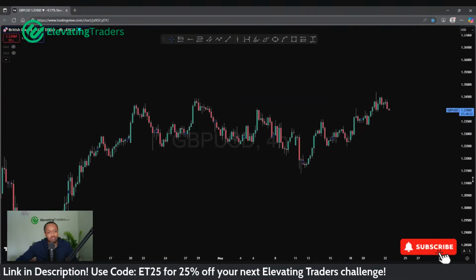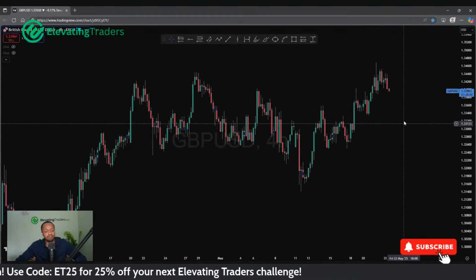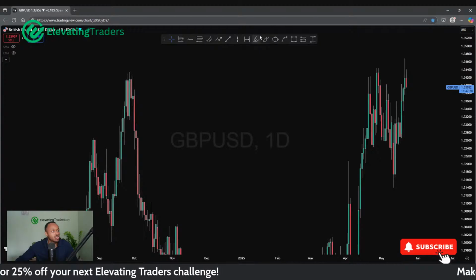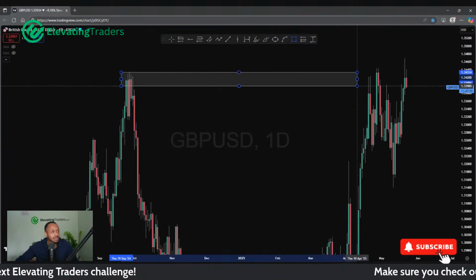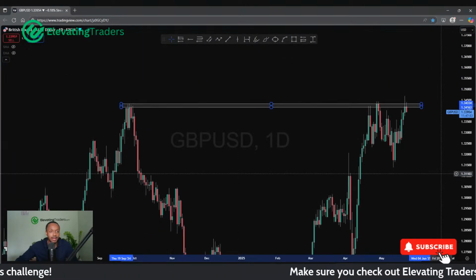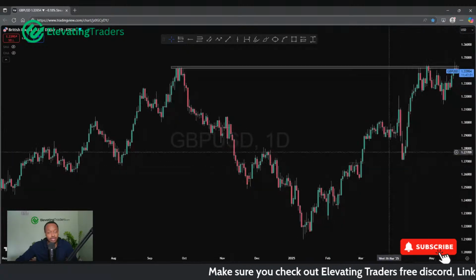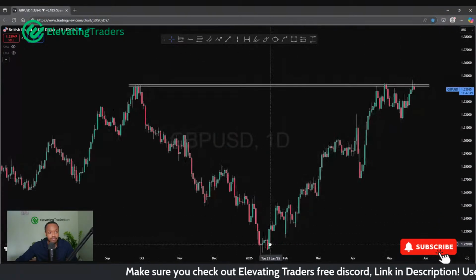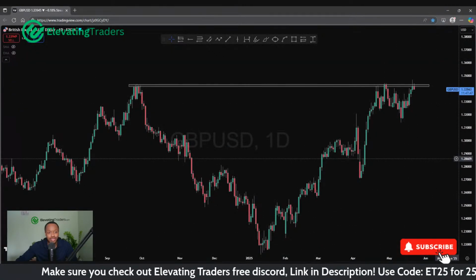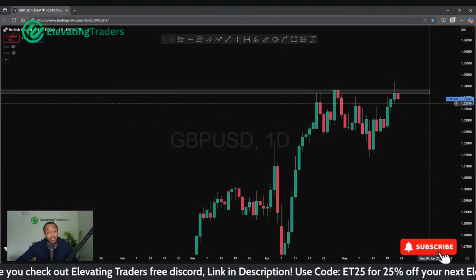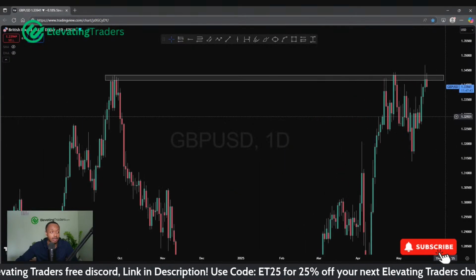Pound USD, this one's been pretty bullish. It's semi-struggling at highs there. I mean, it is struggling at highs here. We did have resistance not too long ago on the daily chart, which did give us a very big move to the downside. Of course, you can see price is now back there again. So ideally, not the best place to be looking to buy the market.